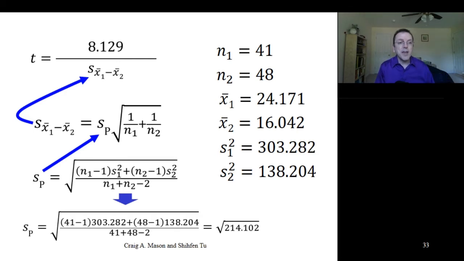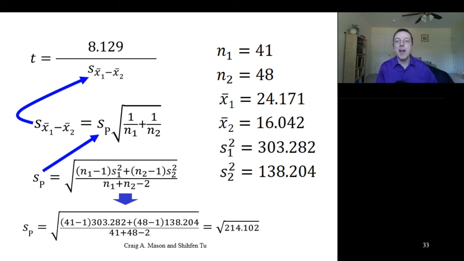Plugging in our values, we get the pooled standard deviation is 41 minus 1 times 303.282 plus 48 minus 1 times 138.204, all divided by 41 plus 48 minus 2. If we do everything inside that square root sign, we get the pooled standard deviation is the square root of 214.102. Phew. Now, we can pause here for just a moment, and I want to do one quick check that